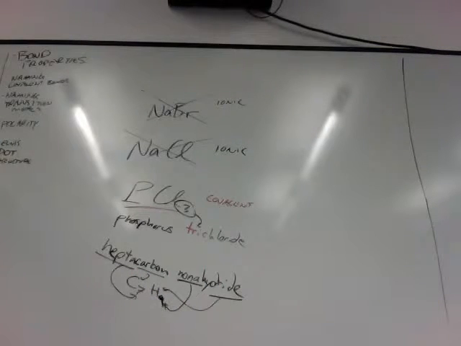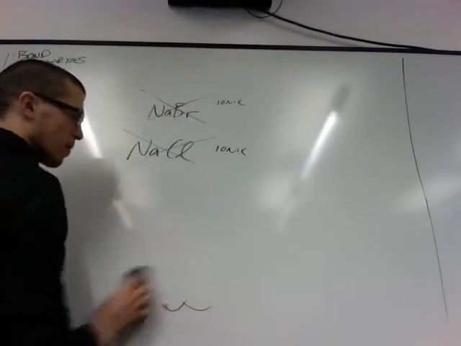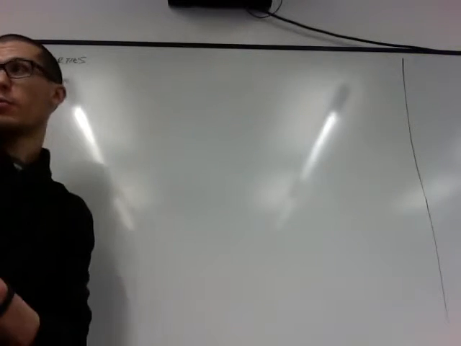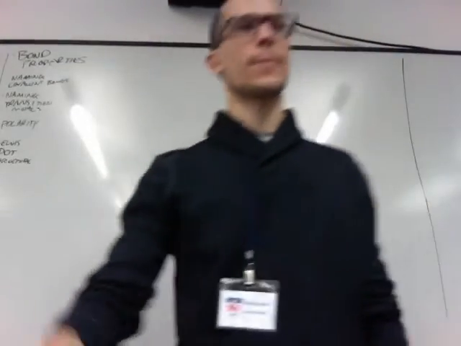So covalent is two nonmetals. And ionic is a nonmetal and a metal. Can there be a covalent with a transition metal? Well, no, there can't be, because that would be a metal with a nonmetal. Yeah. So for ionic bonds,